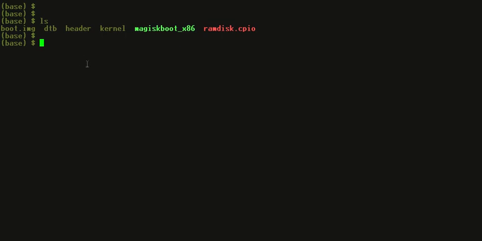As I told you, this DTB is in compiled form. Let's decompile it, let's reverse engineer it into DTS device tree source so that we can view all the hardware related information. So let's move ahead.